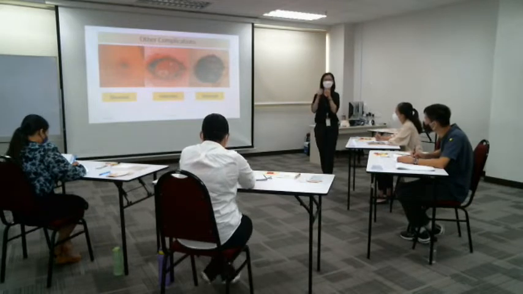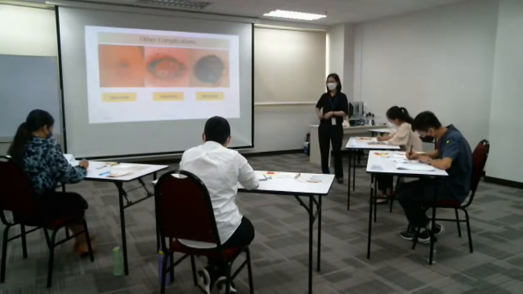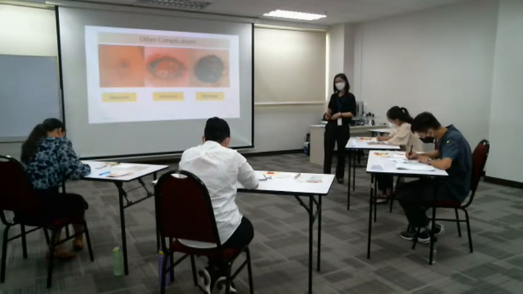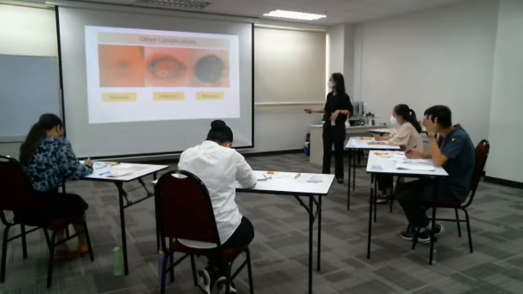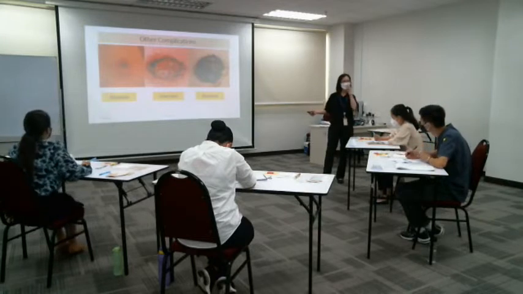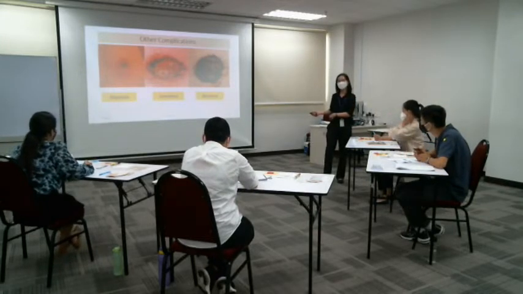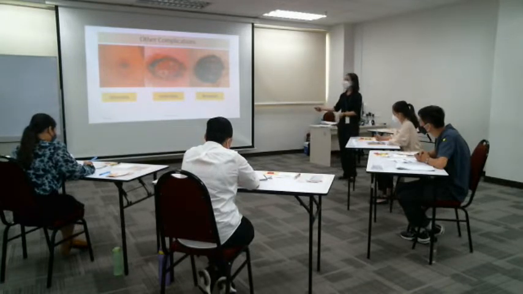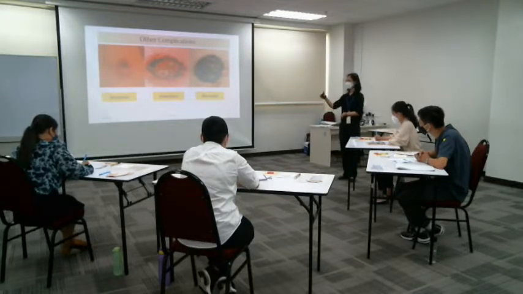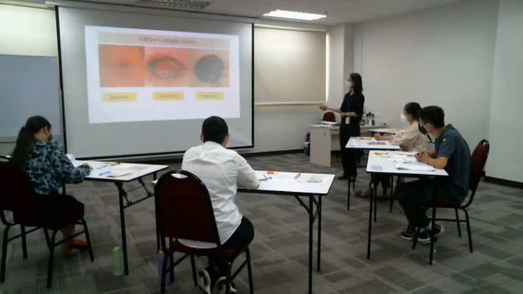Stenosis, narrowing. So the doctor creates a hole, but later on it becomes narrowing. Okay. Then infection. So you can see not only feces coming out from here, but pus discharge as well. So this is infection. And the whole thing turned black. So this is necrosis. Lack of blood supply, cutting off of blood supply, so it is not able to function anymore. Okay. So this will require urgent